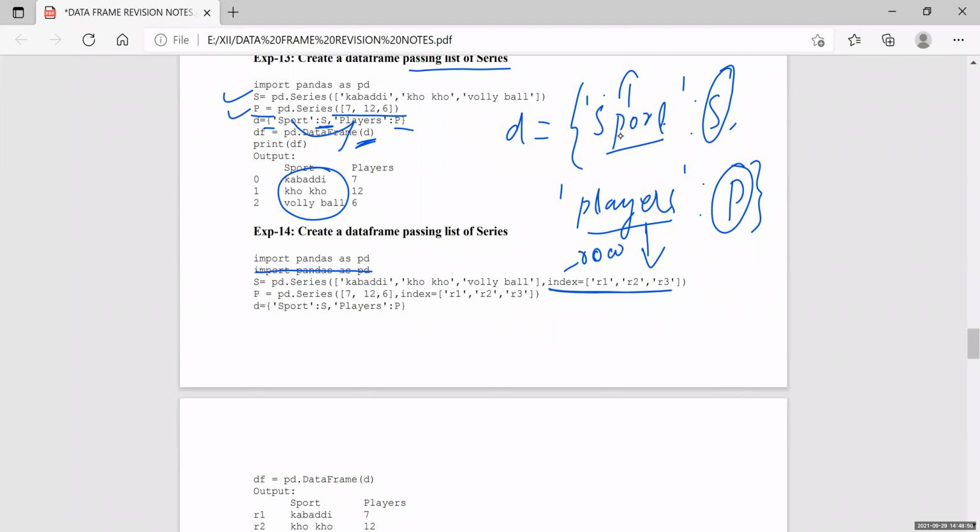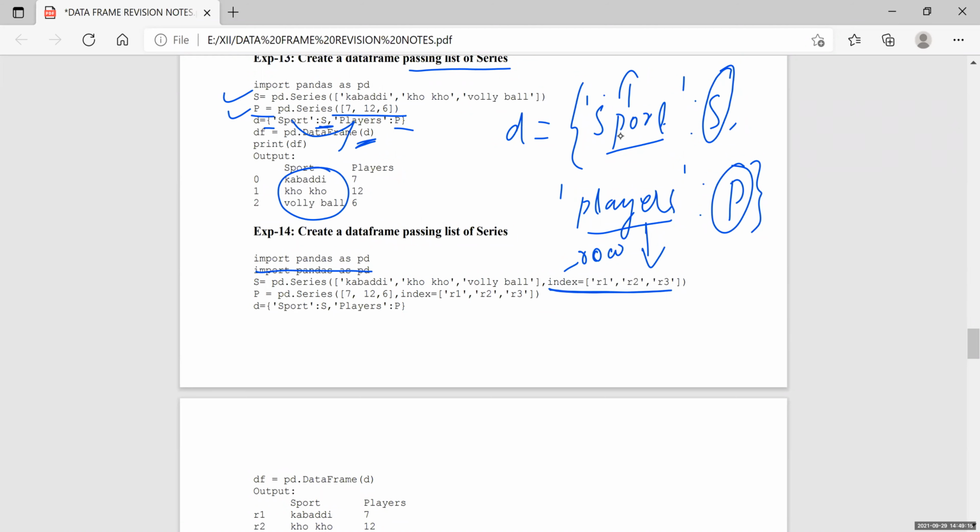To get the players, we have to put P is equal to pd dot Series. The index value and the series values are given. Here, what is the meaning of this index? R1, R2, R3 means row one, row two, row three. Then how will it appear? That is R1 7, R2 12, and R3 6. Is it clear, Sneha? Yes, ma'am.